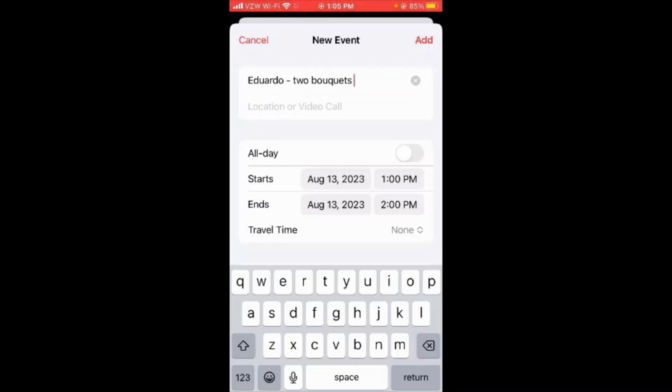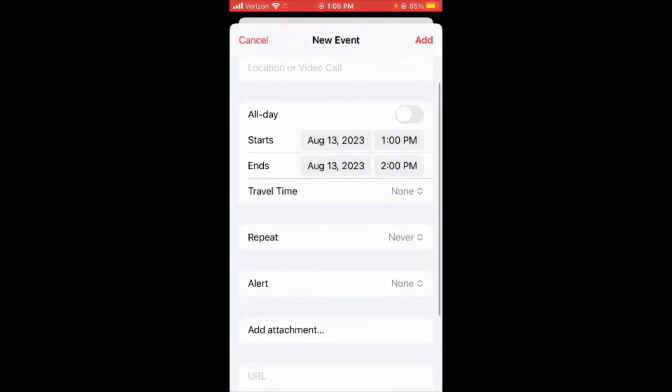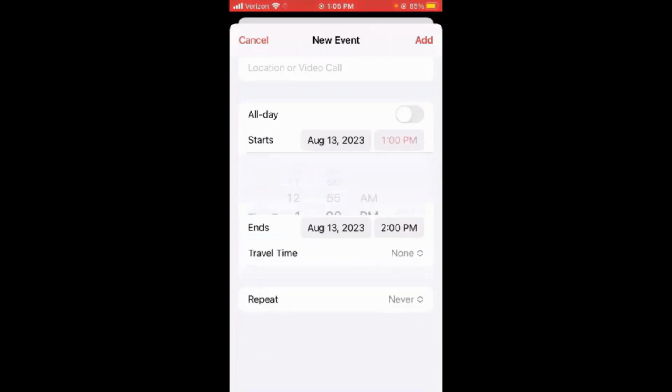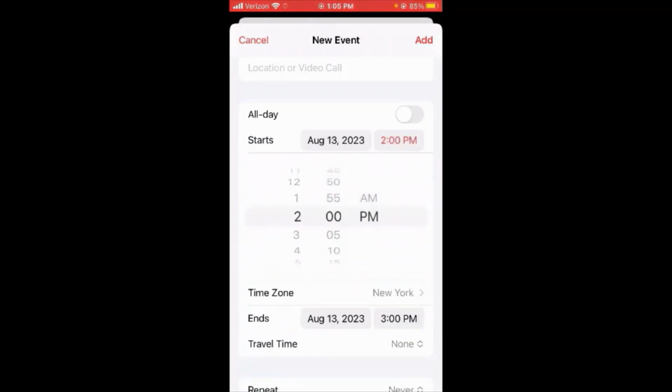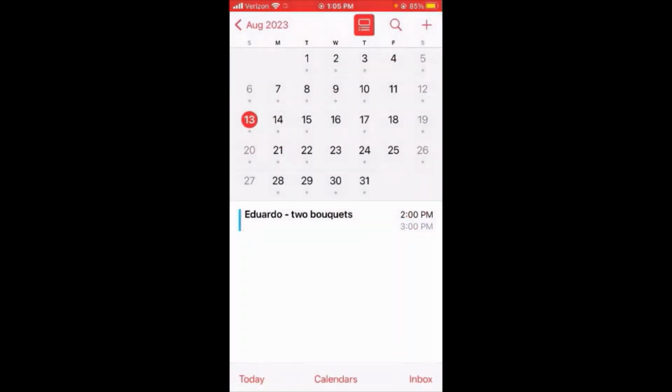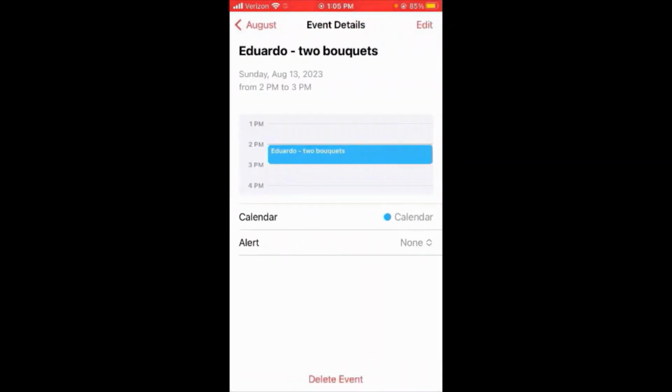So we'll just put it today. I'm not going to add a location. I'm not going to worry about that. But I will add today's date, and I'll just click on where it says 1 p.m. and I'll move it to 2 p.m. So it starts at 2 p.m. and it ends at 3 o'clock. So if I click into it,